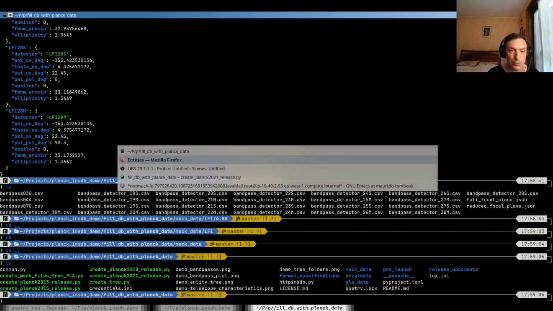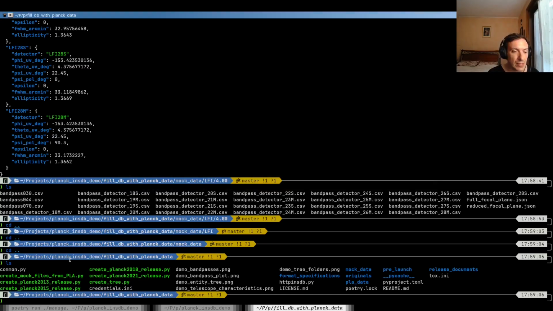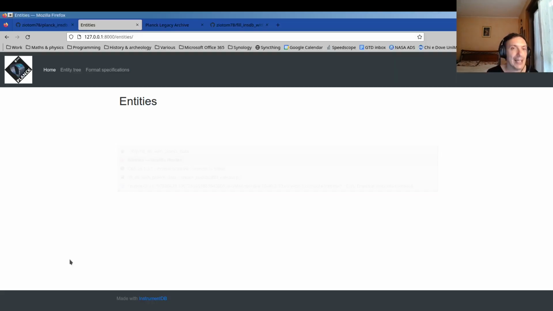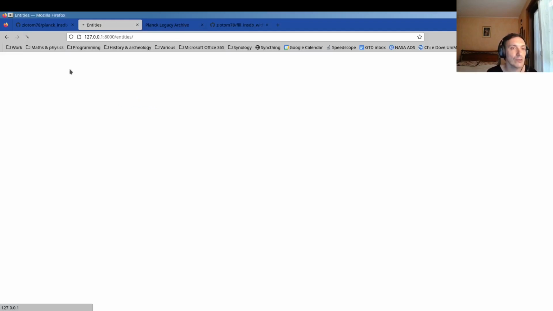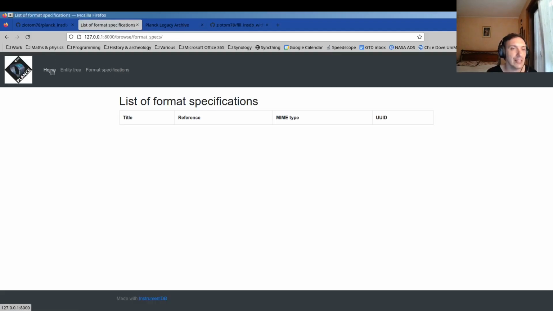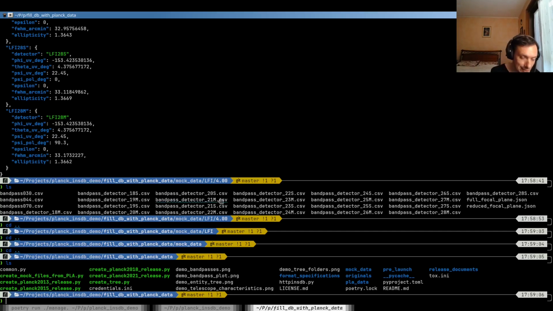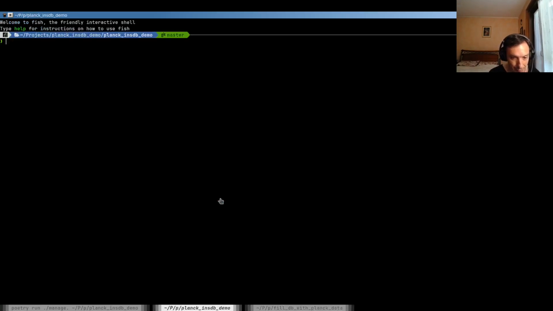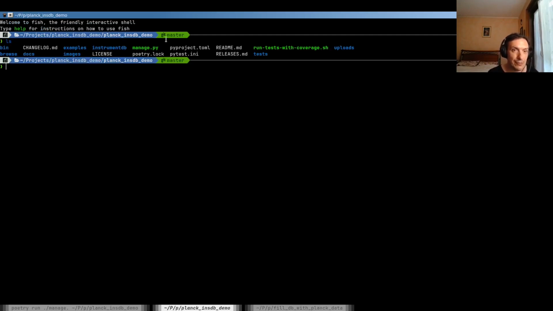The first thing to do is to be sure that there is nothing in the InstrumentDB instance that is a leftover from my previous attempts to upload the data. I can just check it by browsing the site and see that nothing is available, but to play safe, I can run, under the directory of the forked version of InstrumentDB, where I find the command manage.py,